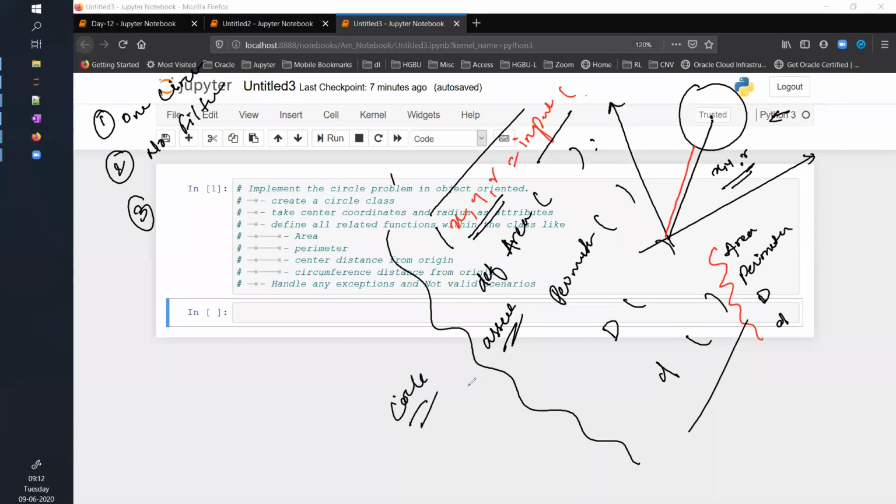Third is when you are writing this code, all this code is related to circle, right? We can have this in one file, but is there any other structure, any other container in which I'm encapsulating this entire code? These parameters X, Y, R are attributes related to this circle. These functions are related to these circles. So is it not wise to have all these parameters and methods in some container form, so that I can say everything of this is related to the circle, right? Everyone agrees to this?